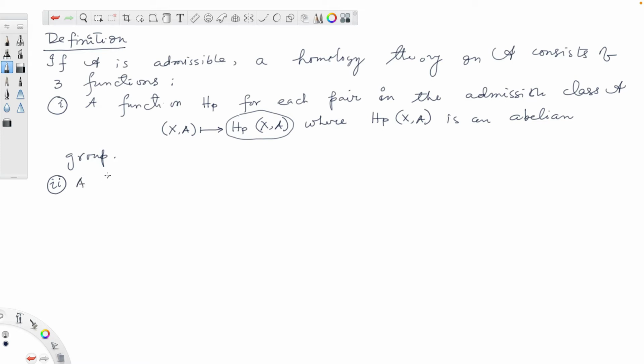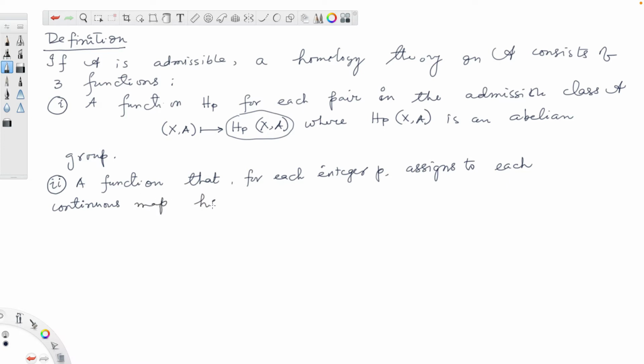Then we have a function that for each integer p assigns to each continuous map h between pairs